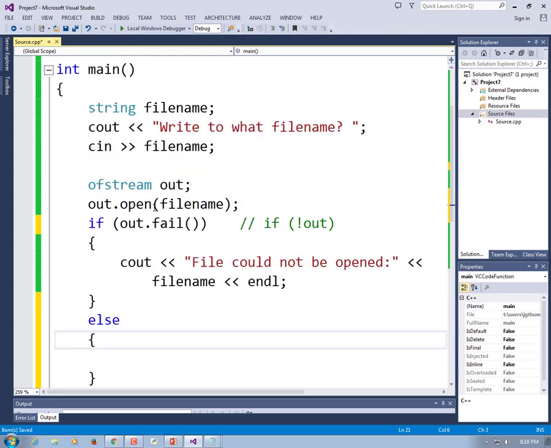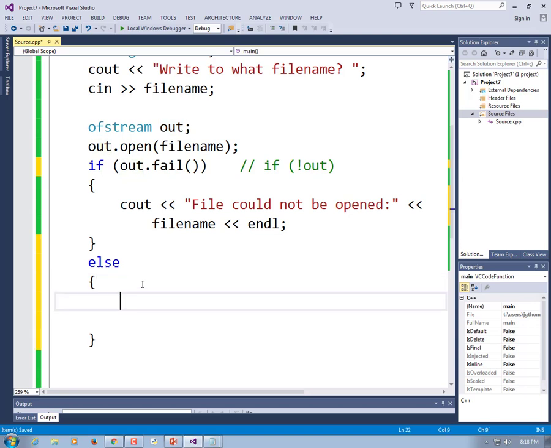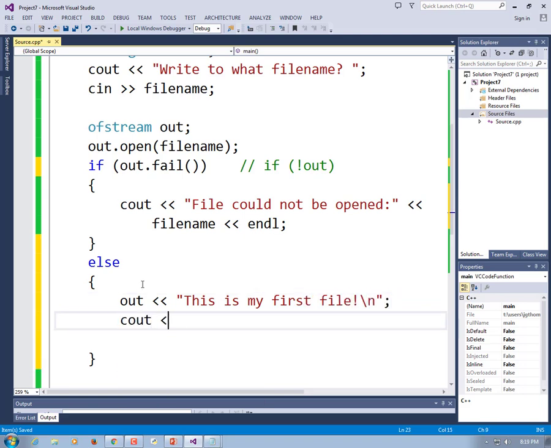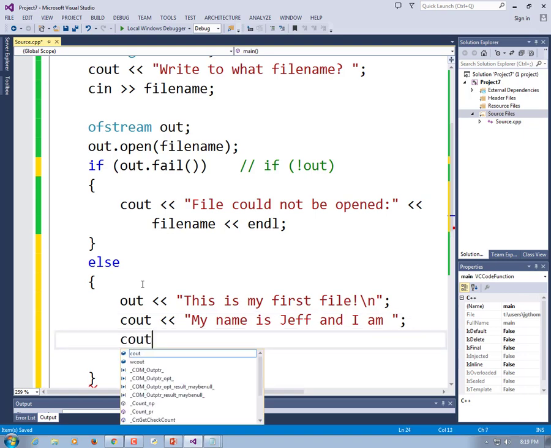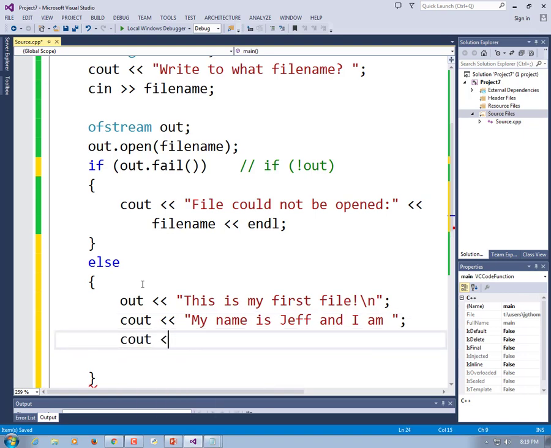Alrighty, we've got our file open now. This created a file. Out, arrow, arrow. This is my first file. Cout. My name is Jeff, and I am cout. Type in a number rather than a string. 8 space years old. I don't want to write the 8 out as a string, because I want